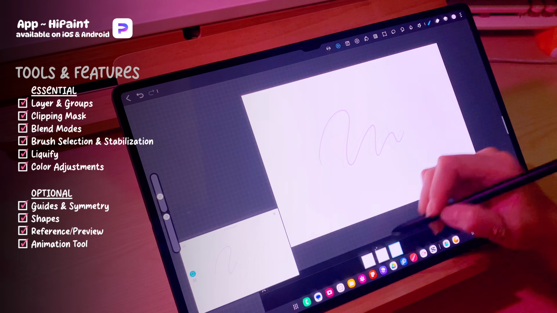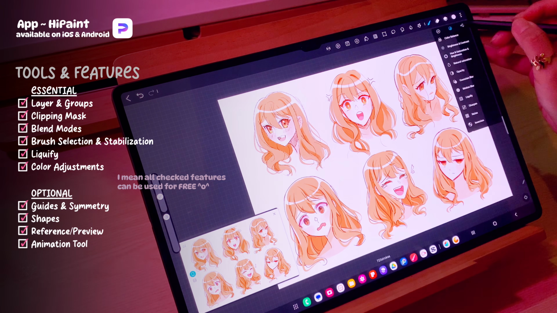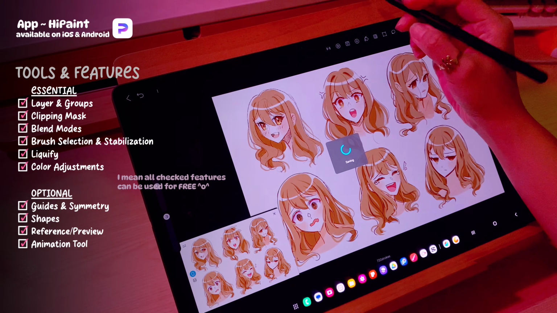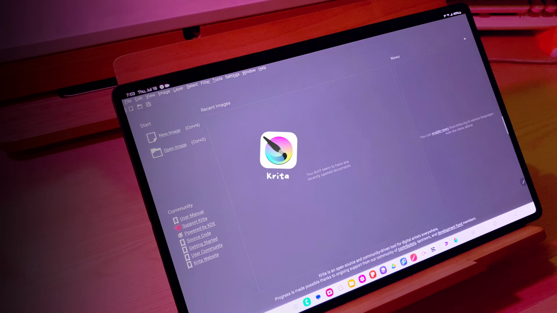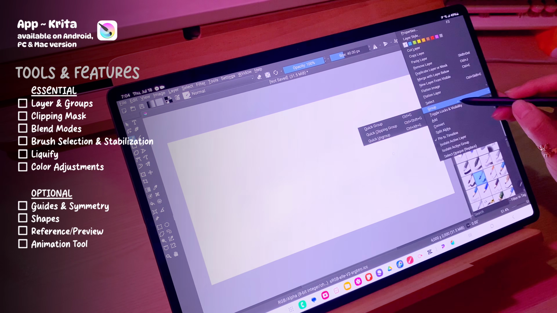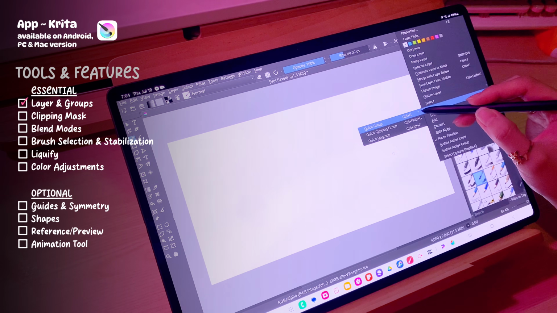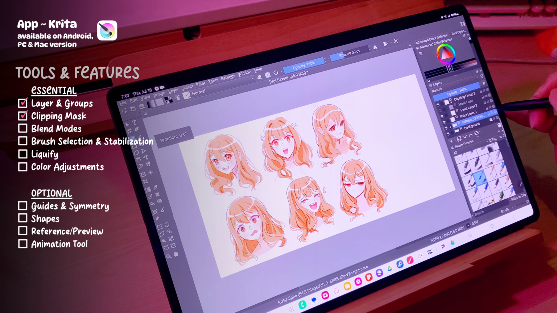Now I'm done checking everything off the list, which is great. It's the first app wherein everything is checked, and now we're moving to the final app, which is Krita. Krita. My first impression of Krita was pain, because I first got introduced to it using my Tab S6 Lite,